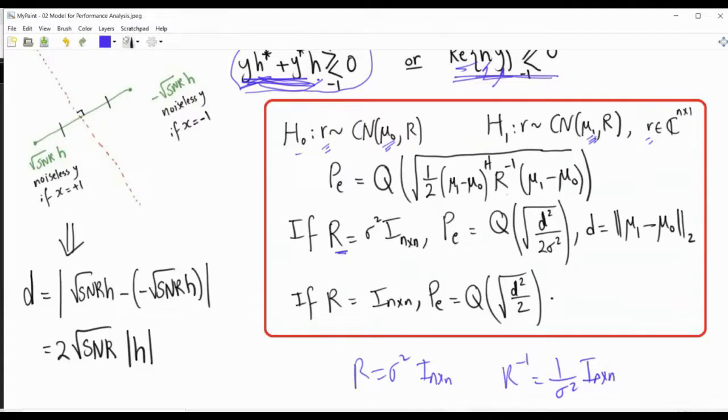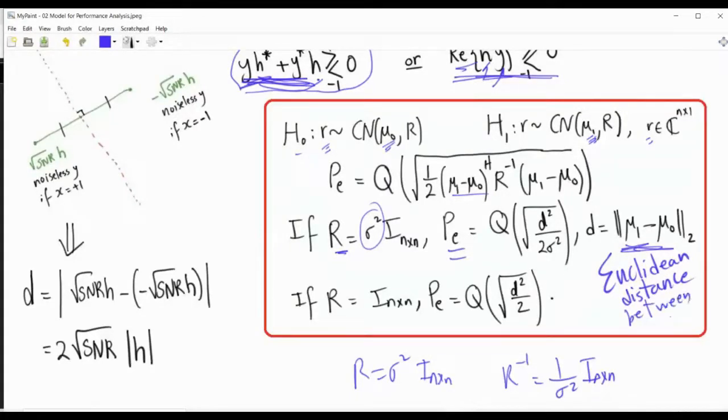In that case the probability of error becomes the Q function of the square root, and you get a sigma squared in the denominator because of this inverse, the reciprocal of sigma squared, and then this mu1 minus mu0 Hermitian multiplied by the identity multiplied by mu1 minus mu0. This will give you the L2 norm squared of mu1 minus mu0, and so we'll call this a distance, because this is like a Euclidean distance